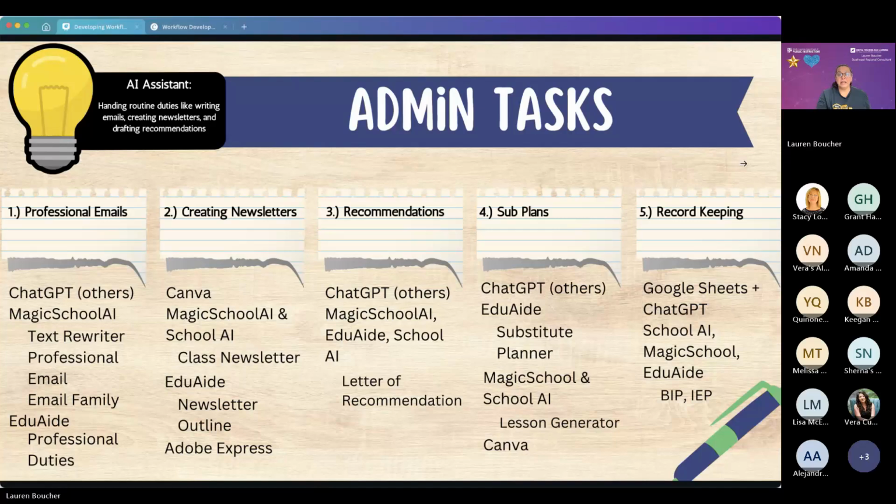I do want to say, and I have not thrown this caveat in here yet, but when we're using AI, what we get out the first time is just our starting point, right? We need to ensure that we are proofreading, that we are asking the AI clarifying questions and really drilling down and having a conversation to get what we want out of the AI assistant, the AI tool.